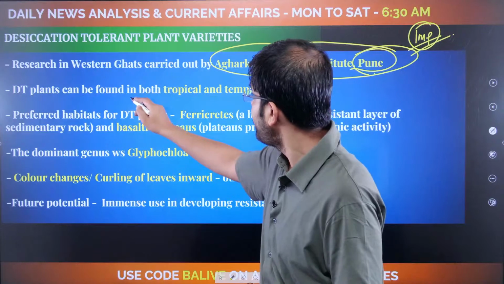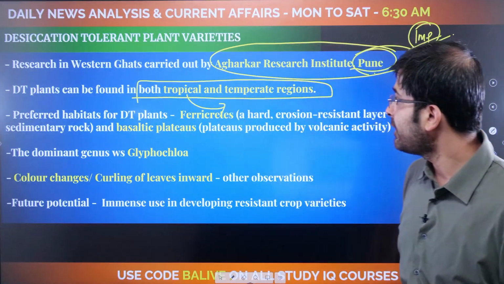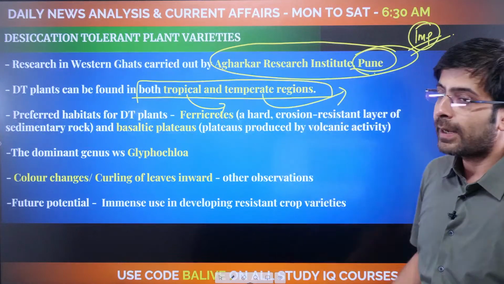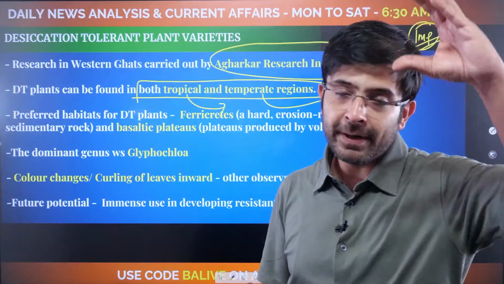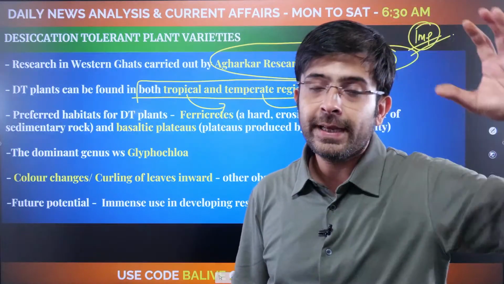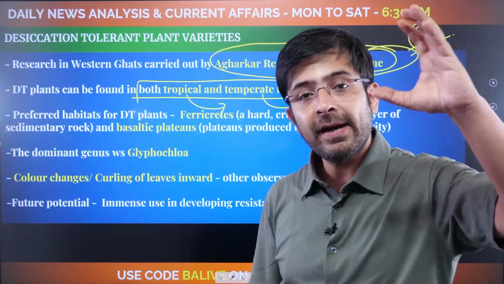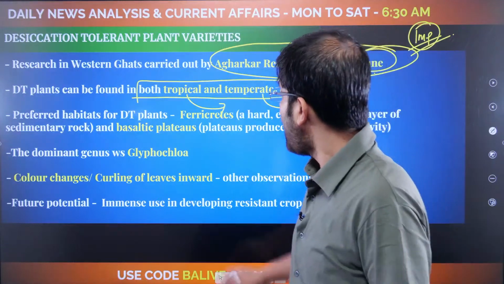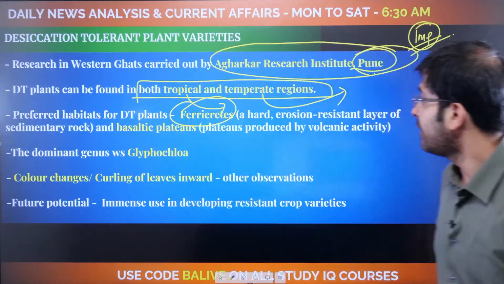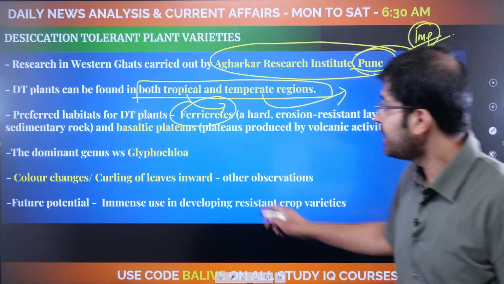Okay, DT plants can be found in both tropical and temperate regions. So obviously, in tropical, you're considering the Western Ghats. In temperate, you're looking at areas in the sub-temperate regions, in fact. Okay. A lot of those areas have DT plant varieties. Once again, why? Because you're looking at the semi-arid and arid conditions that get introduced in those areas. Okay. Preferred habitats, you are looking at ferricretes and basaltic plateaus. Basaltic, obviously, of volcanic origin. Okay. Dominant genus,